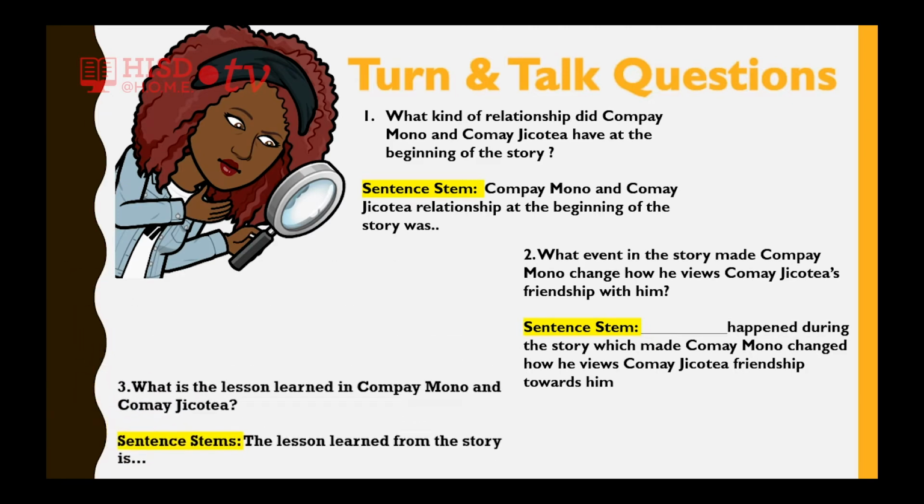And last, what is the lesson learned in Kompe Mono and Komo Jikatia? The lesson learned from the story is